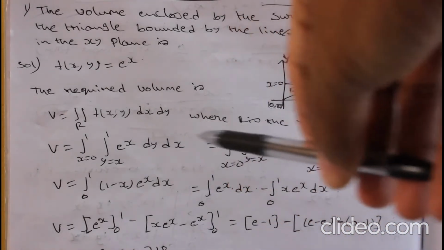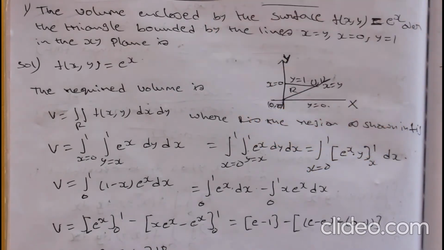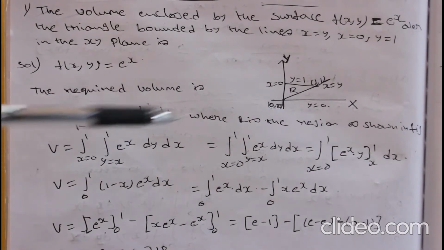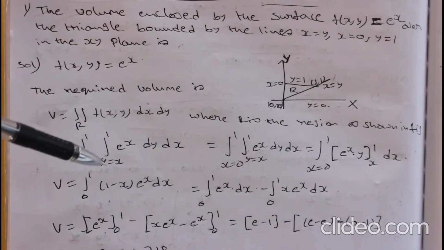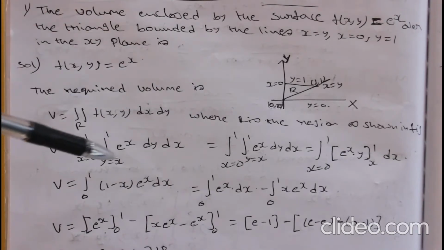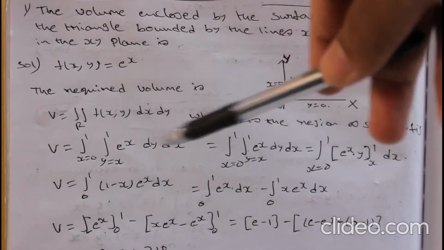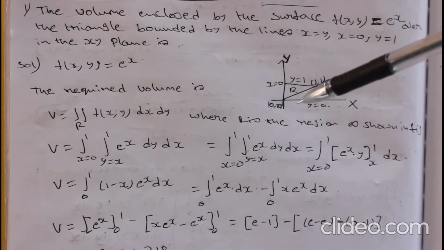So we have to integrate it, but look at the given function. It is with variable x only. So it is better to integrate first with respect to y so that we can apply the limits for y in relation with x. So after that we can integrate with respect to x. So in order to integrate y first, that will be double integral of f of x comma y dy dx. So first we have to find the limits for that.